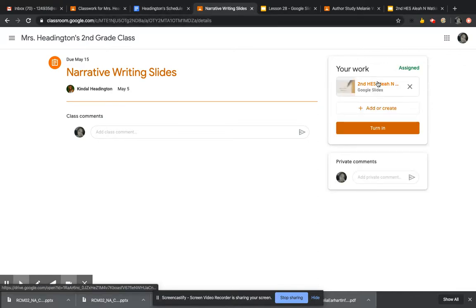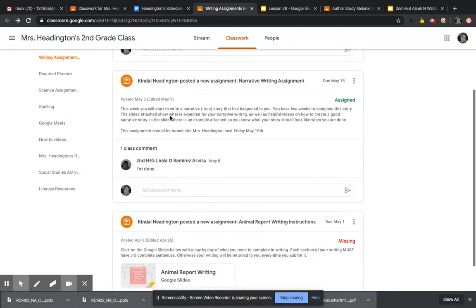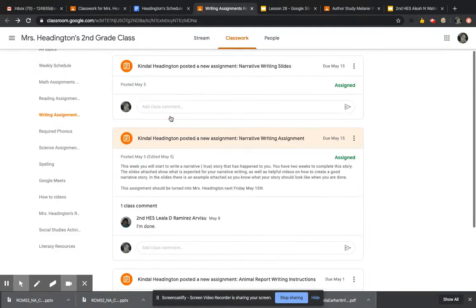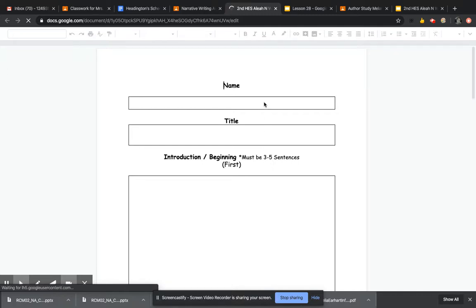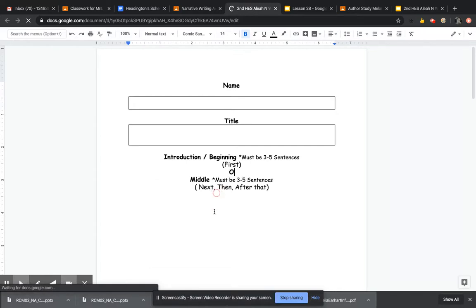So the student can view the slides and create a story mountain if they haven't already. And also in the writing activity is the actual assignment itself, your narrative assignment. So it's a Google Doc. I'm going to click on this. Students, you can type right into the Google Doc the first part of your story. For example,